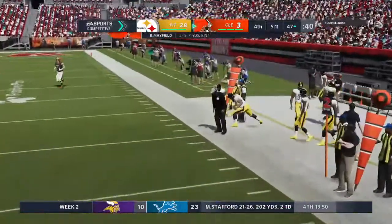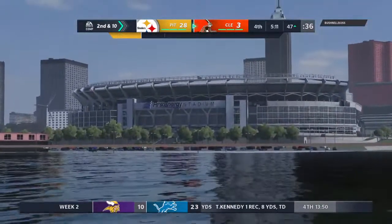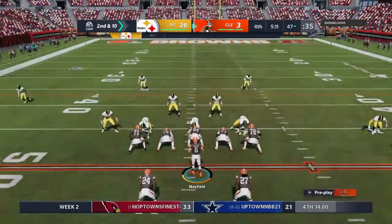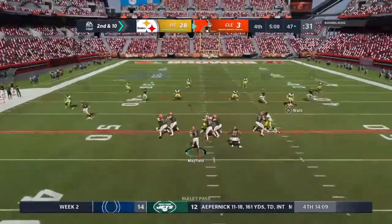And he just gets rid of it, throws it away. The wise move there, looked like nobody open. Now second down. Another throw there off the mark, and obviously he's battled all of the interceptions. Things just haven't been true to form for him. I don't know. What do you think's going on out there, CD? That's a great question, and my suspicion is...